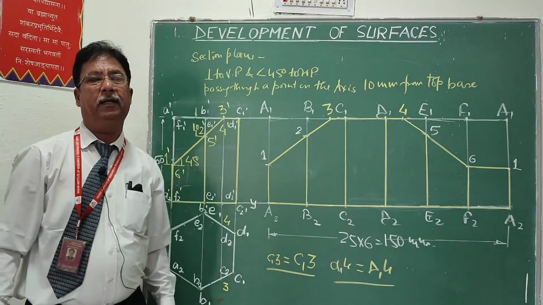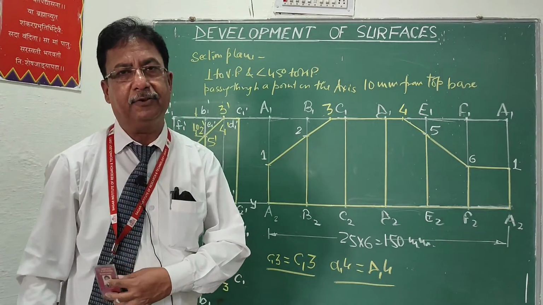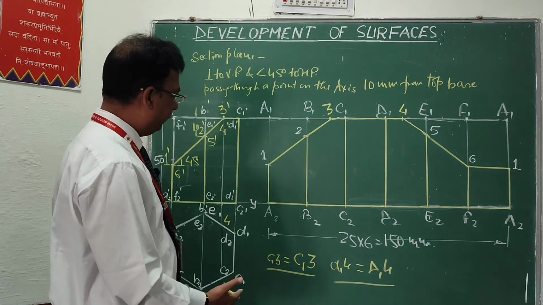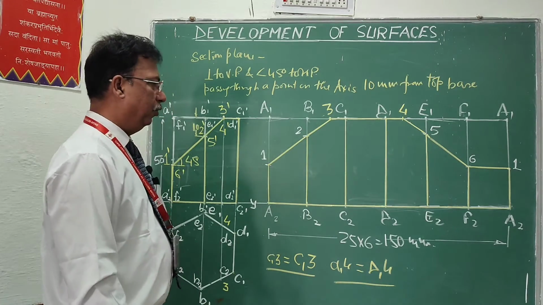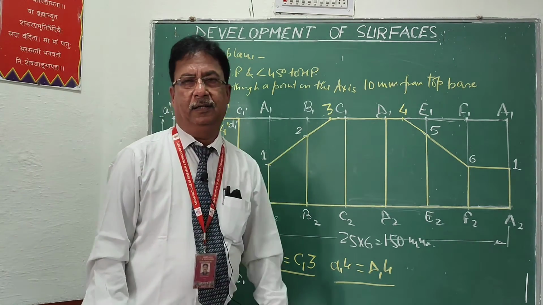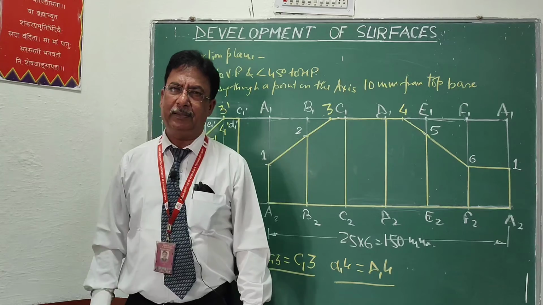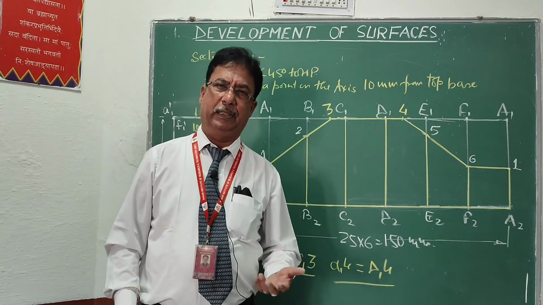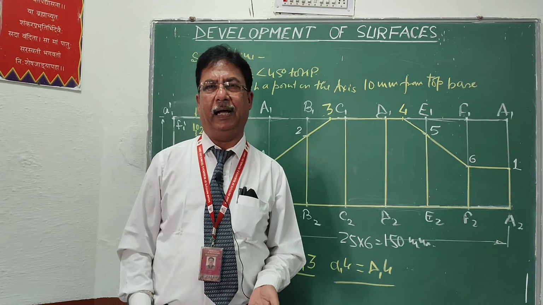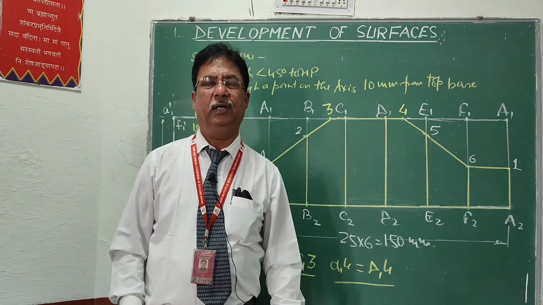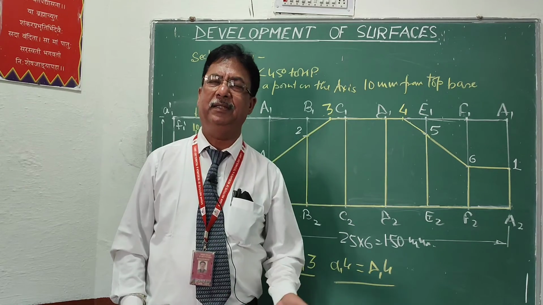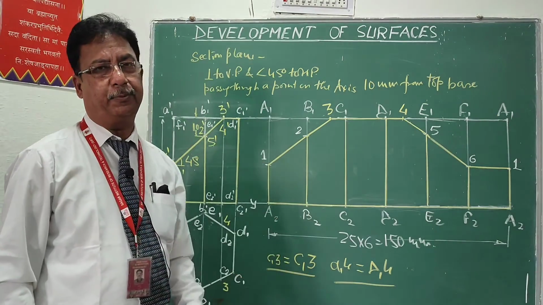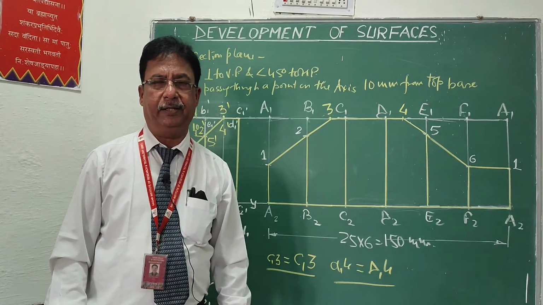And remember again, in the development all the lengths must be true length. I hope you understand the problem. This is one of the very easiest problems. I hope now you understand the parallel line development method. Nothing is special in this method, because in the front view we are already getting the height true. So just go through with the length of the base and draw the development, and according to the cut section shift all the points. Okay, so thank you very much.